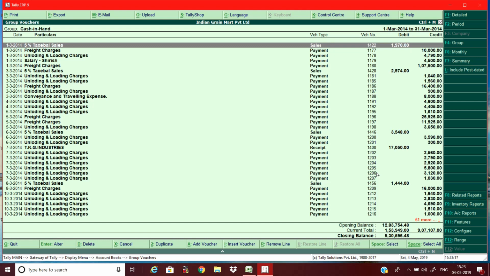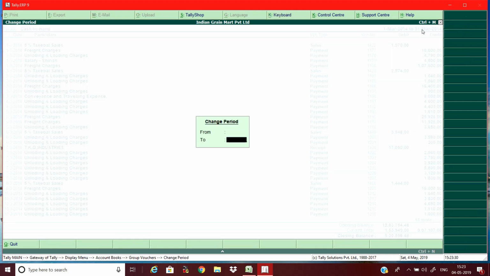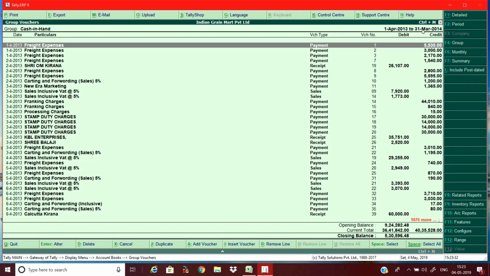So this report is giving you all the accounting entries from main cash as well as the petty cash. This is again for the period of only March. Change the month. In order to confirm whether this report is correct, let's apply this range function again.